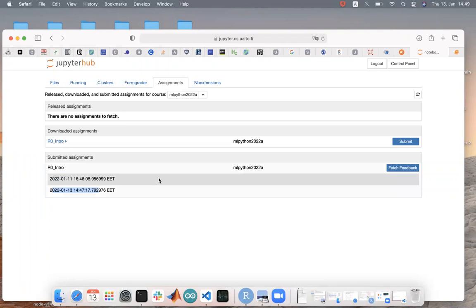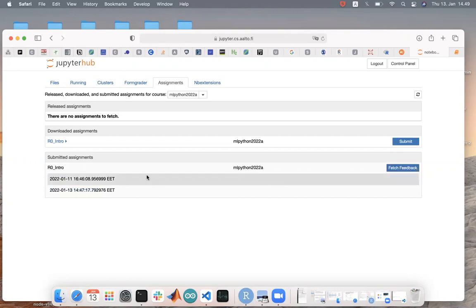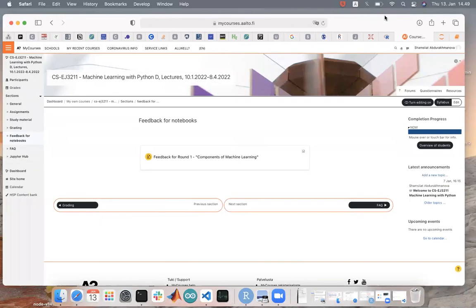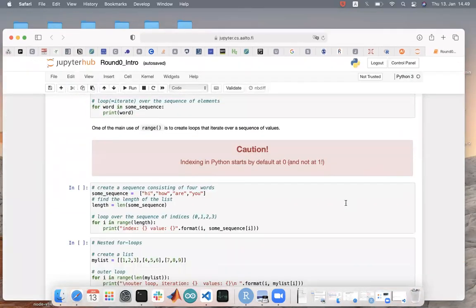If you see this kind of note here, then you can click the fetch feedback and you will get your feedback. Now this button is not working. It just stays there. It does nothing. Only if you have a notification here, then it's like a functional button. Okay, so that's about it.